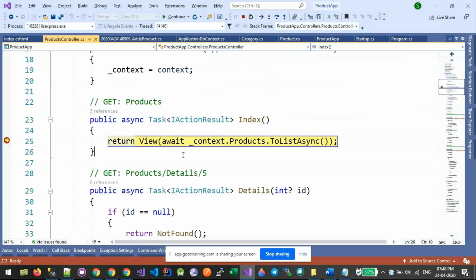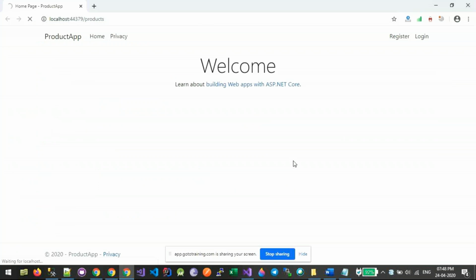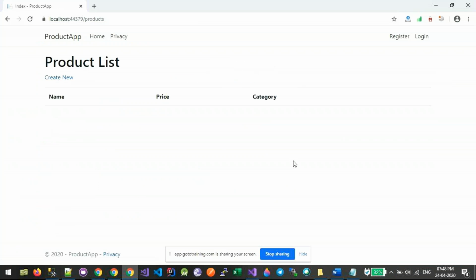My index action method is called. Notice that to the view I am getting the list. So this is like select star from products. Okay, so the application is working.